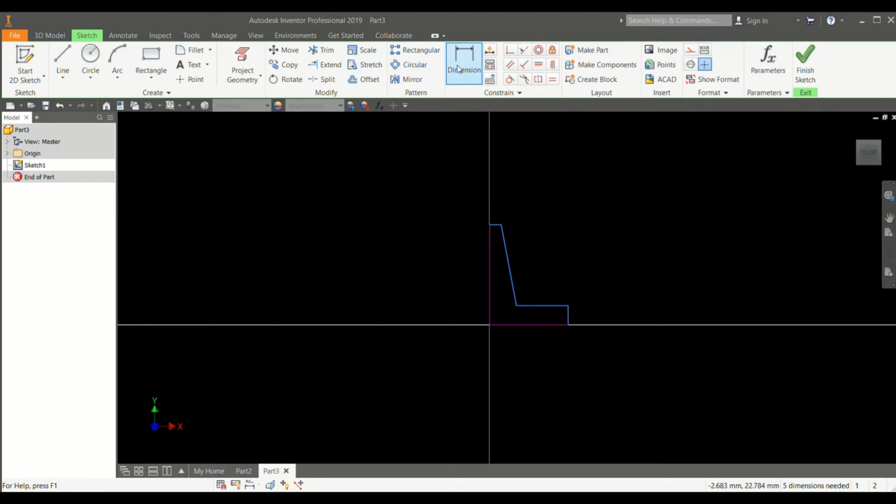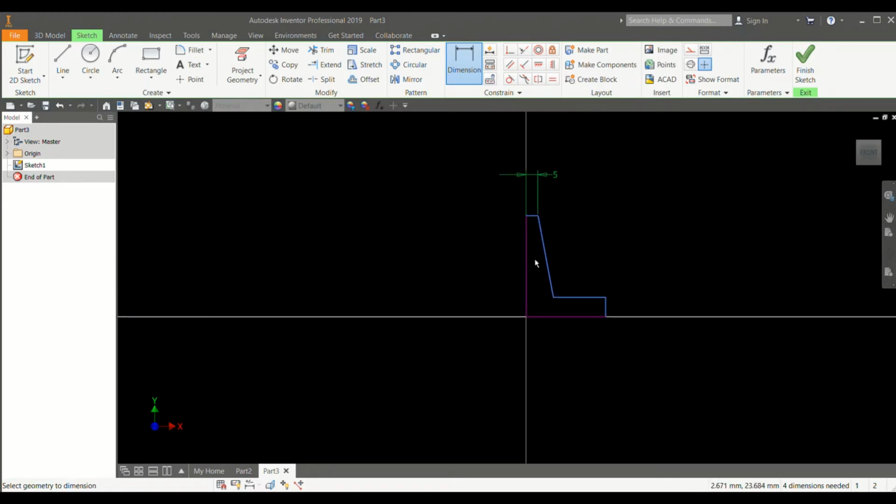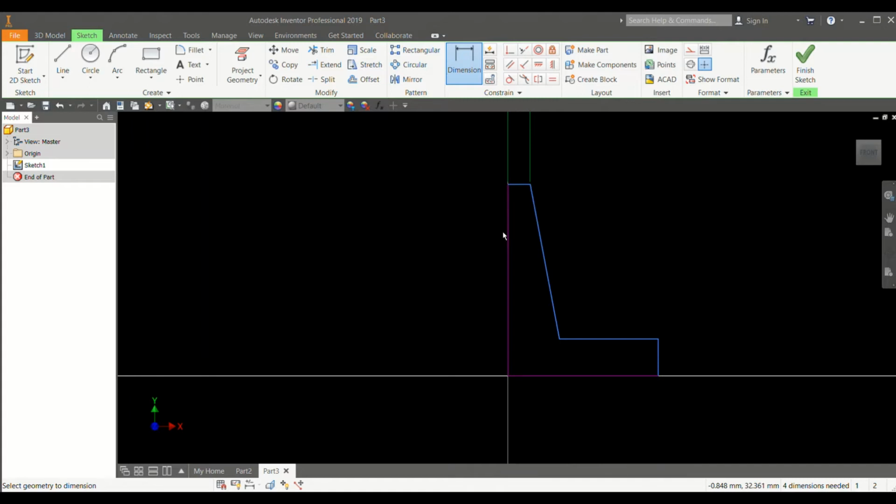Here is the dimension command. You can give your dimensions here. It's in millimeters, 1.5. I will select 5. It's so big, but it's okay. For this line you can select however much you want. I will use, let's say, 40. Similarly, for these lines, yeah, 5 is enough. Then you press Enter and it's done.